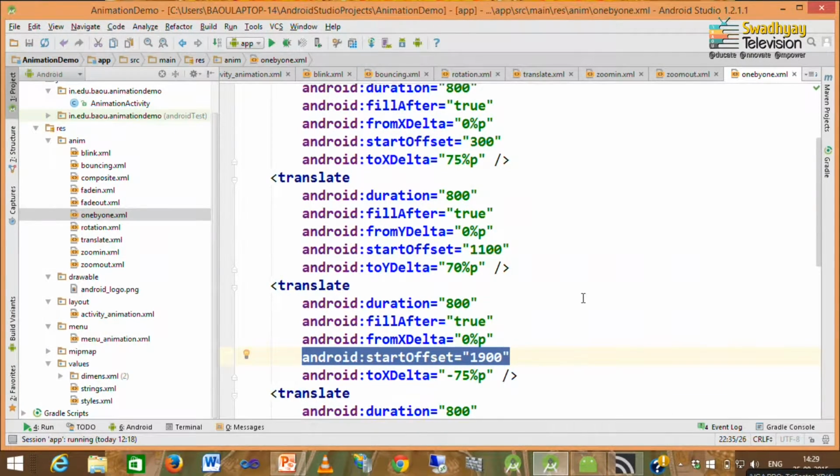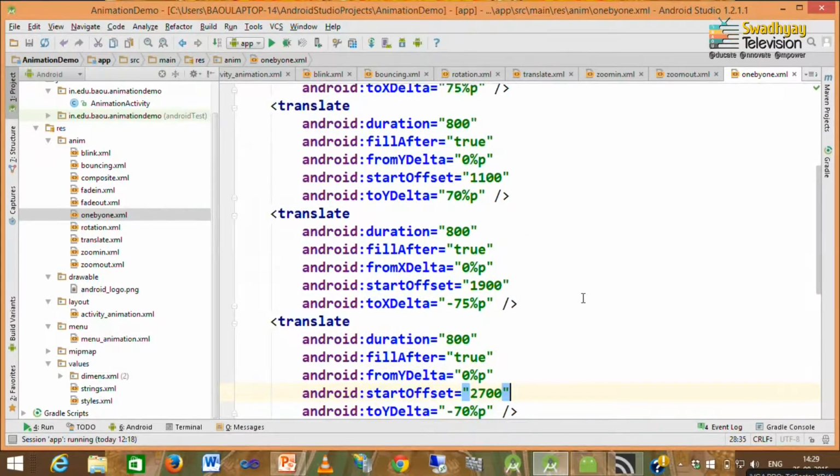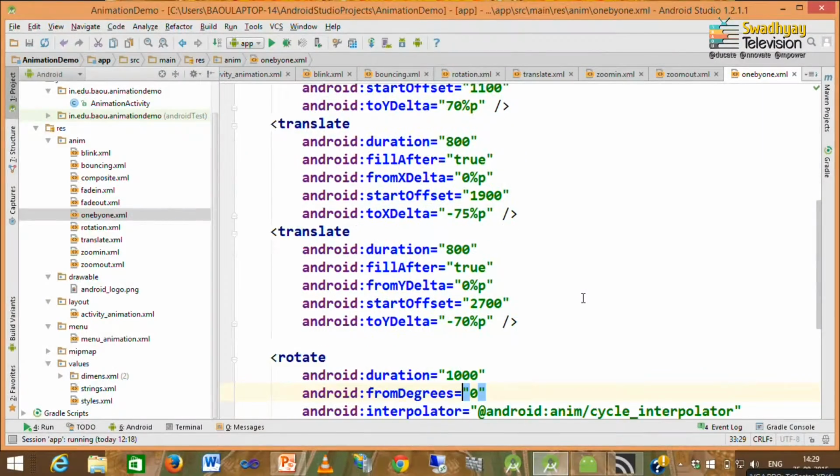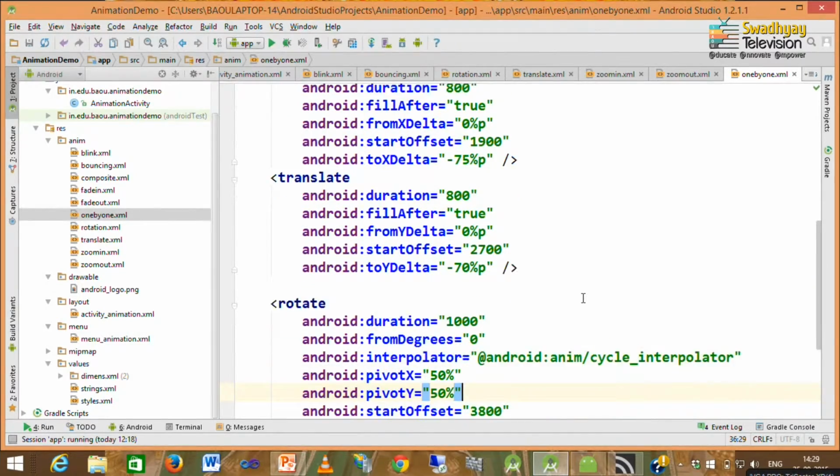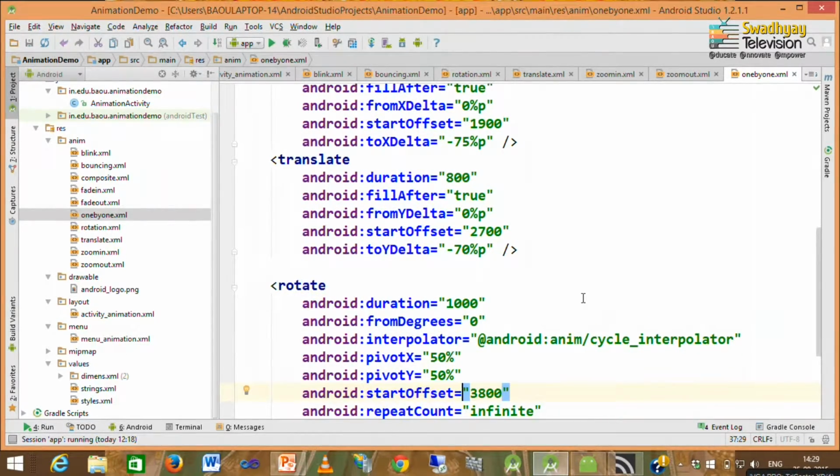So, the start offset for the third animation is 1900 and its duration is 800. For the next animation our start offset is 1900 plus 800, so it is 2700, and so on. Here our duration is 800. So, 2700 plus 800 means 3500.